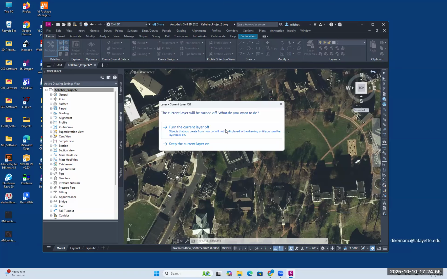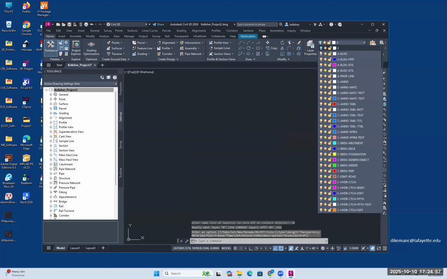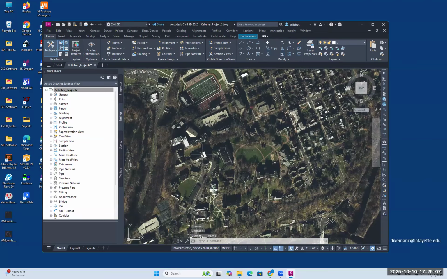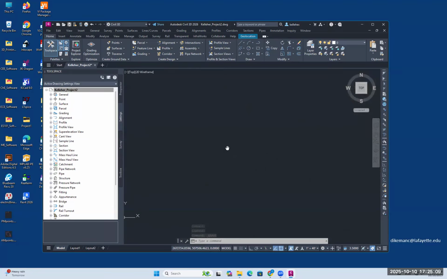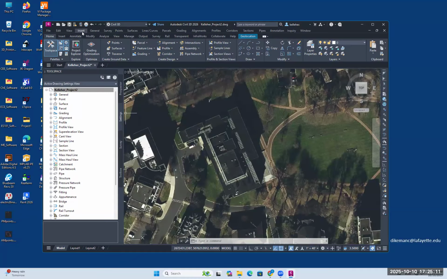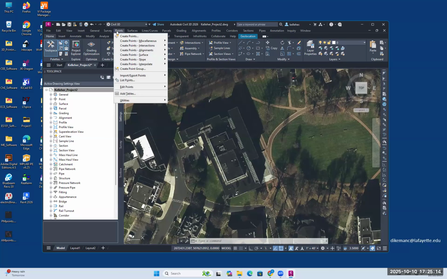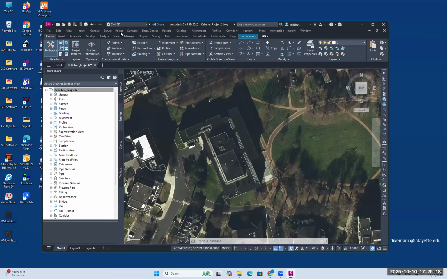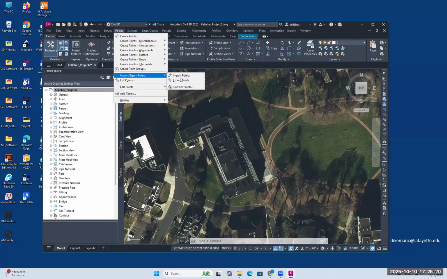And so if at any point you want to turn it off, you can turn it off and on there. All right, next thing we are going to do, go ahead and save it because you just brought in that imagery. Next thing we are going to do is import your points. So you are going to go up here to the points menu. You could also access it from points here, but I like the points menu, and we want to import and